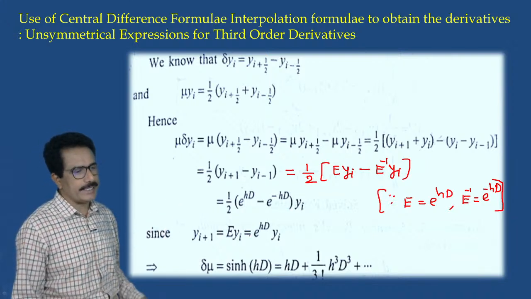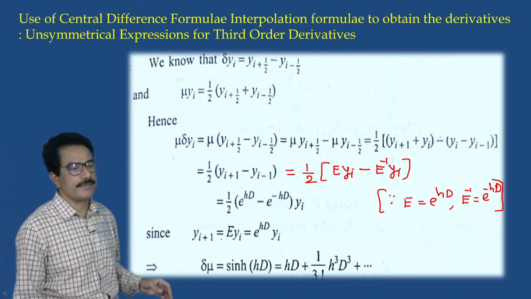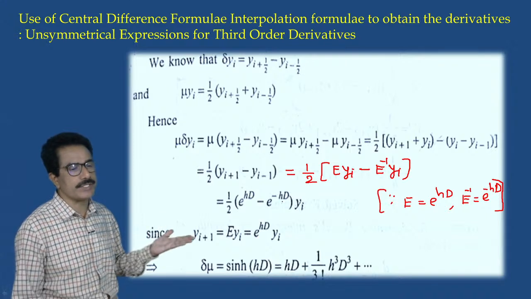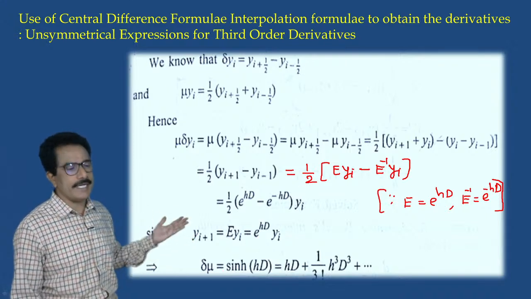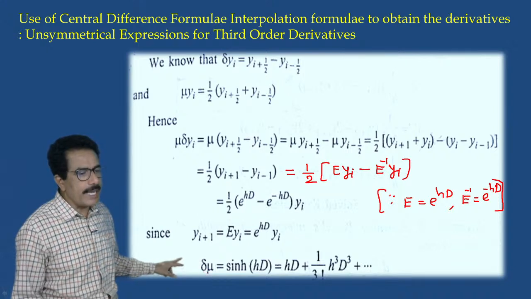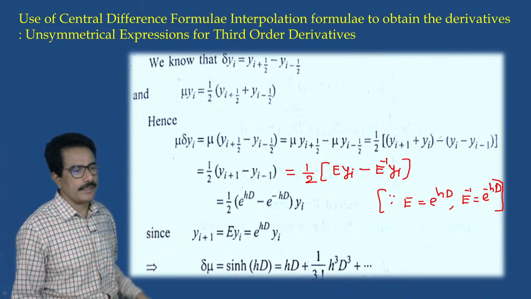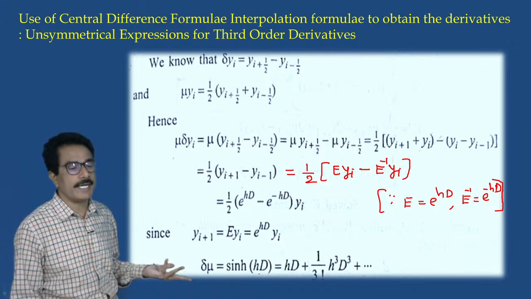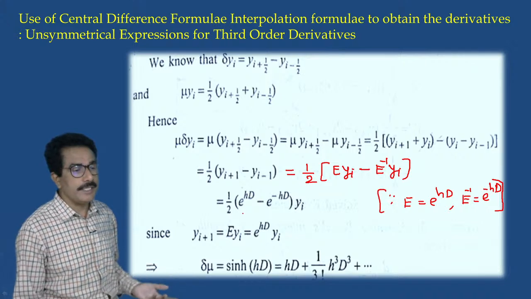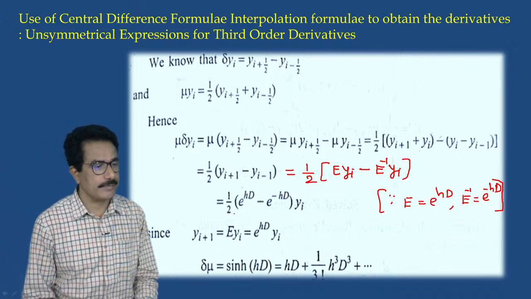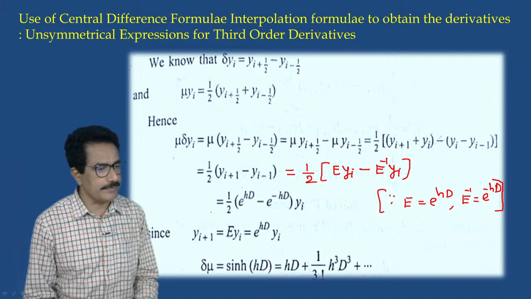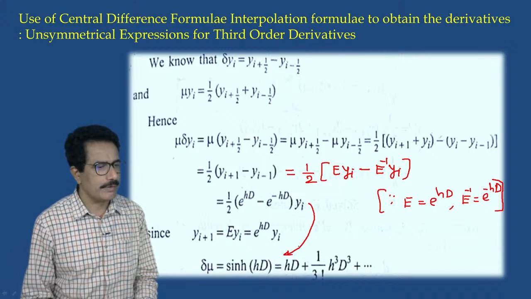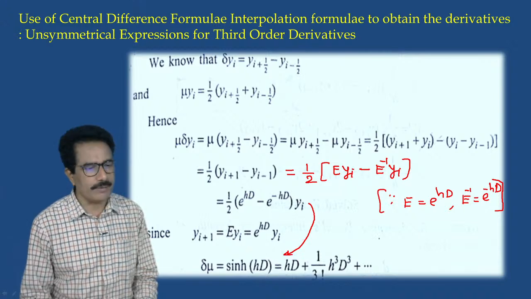So we can write this as yi, since we replaced this, because e of y means e raised to hd of y. Okay, now we can write this again. So delta mu is equal to sine hyperbolic of hd. We can write the hyperbolic function e raised to hd. See this, so mu delta, from this we can write like this, because there is a formula, since